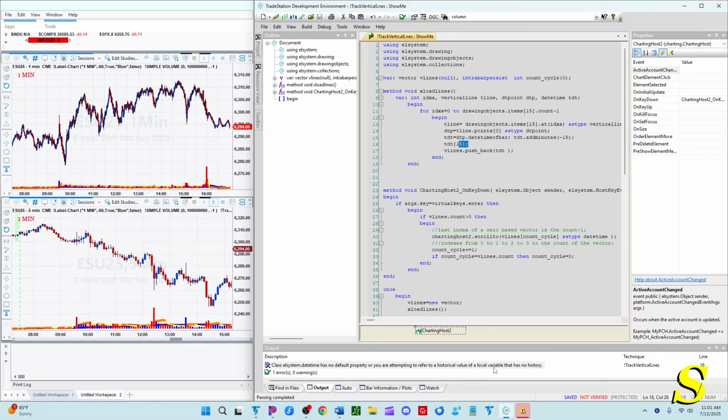Right, because it's got to have a history, and we don't have a history with this, right? Because the square brackets is referring to history. It's not just that many bars back. All right, but what would we essentially be doing? So, if we wanted to get 5 bars, then we would be saying